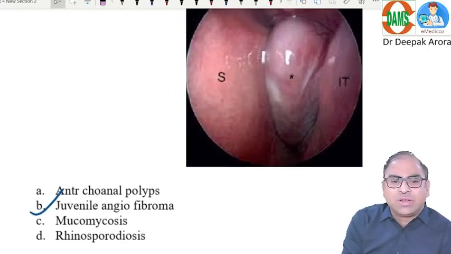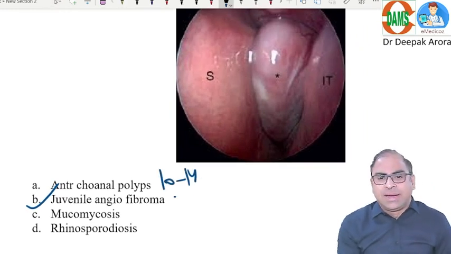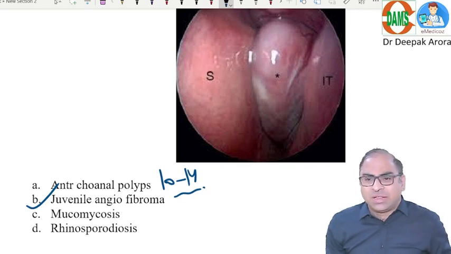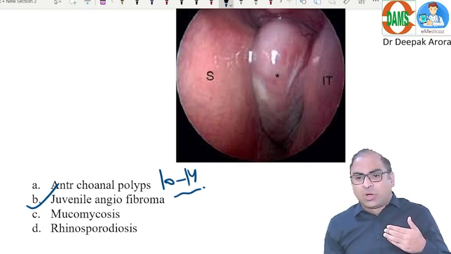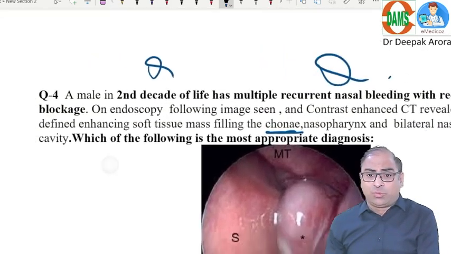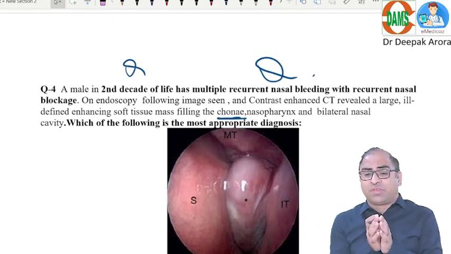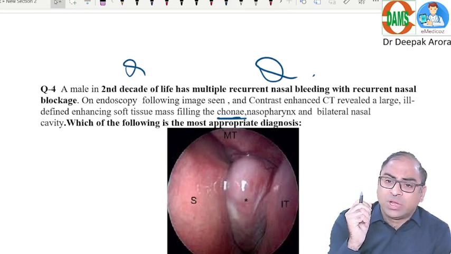Let us crack all the others. Antrochoanal polyp will be at age 10 to 14 years, beta. It is unilateral, yes, and there will be a mass from the maxillary sinus going into the choana, middle meatus. If it would happen, antrochoanal polyp, on CT examination, the examiner must have given some finding of the maxillary sinus. Which word will be going in the favor of